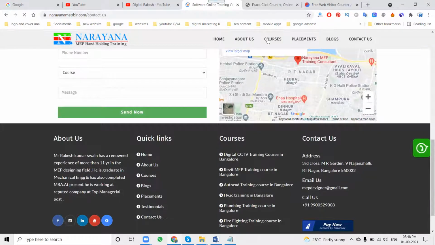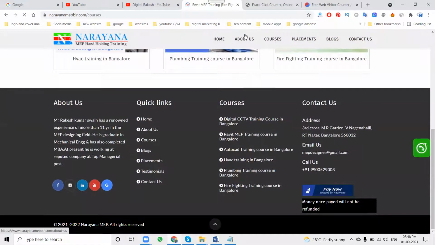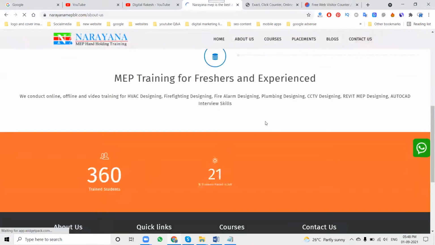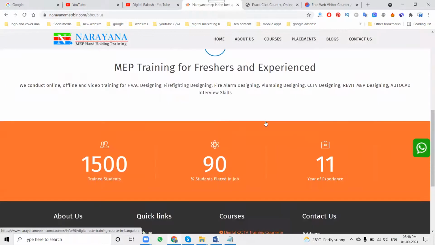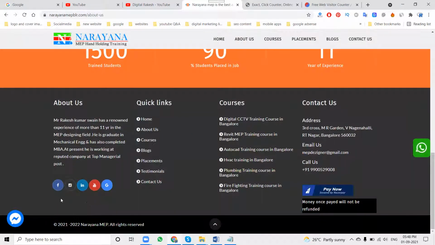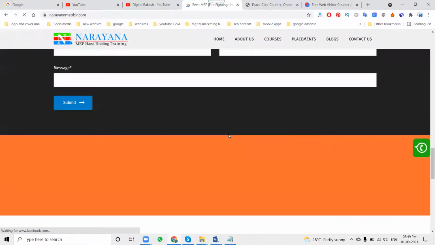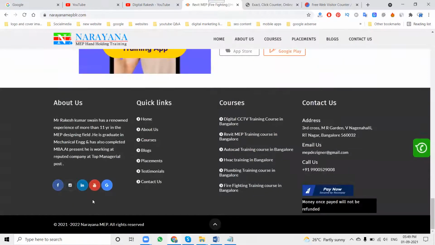See this one. Now we'll go to the course. The footer is the common option. So above the footer, I can add the page count option. Also, you can add the page count code here. So where you add the page count is common. Here I have the social code, and I'm adding the page count here.